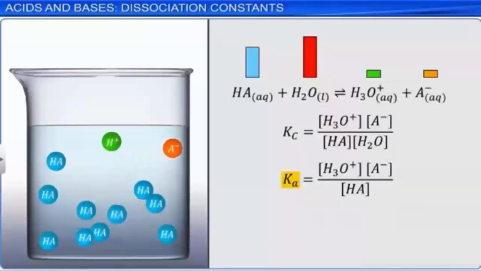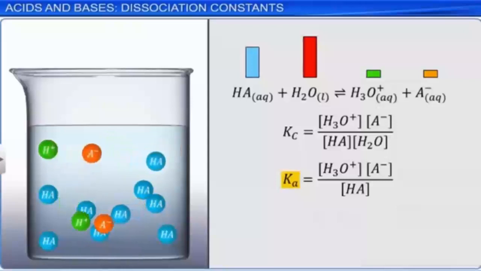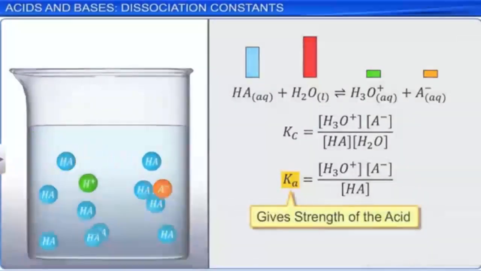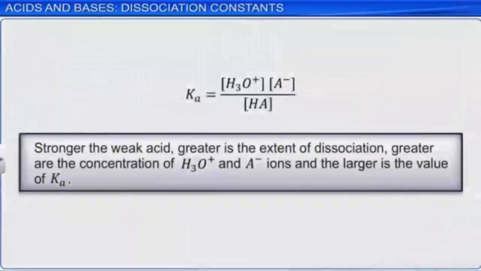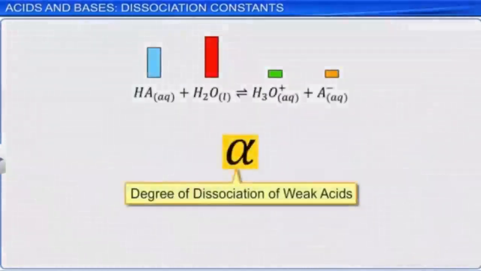In other words, the strength of the acid. The stronger the weak acid, the greater is the extent of dissociation, the greater are the concentrations of H3O+ and A- ions, and the larger is the value of Ka. The extent of the ionization of weak acids is usually expressed in terms of degree of ionization, which is denoted by